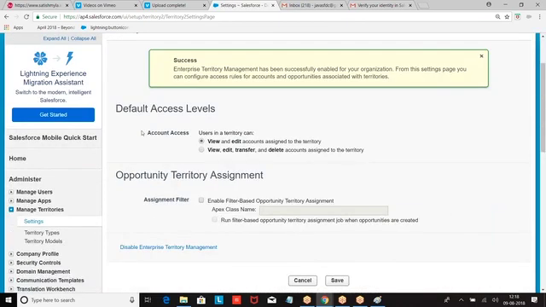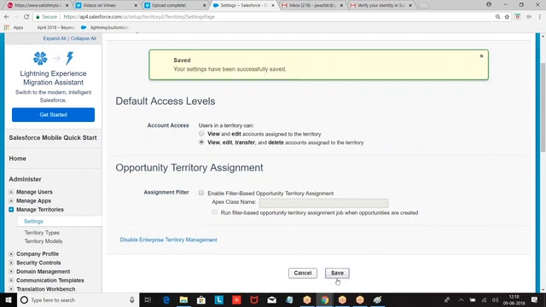Then we are dealing with only what? Account access. If I choose this, members of the territory can access accounts and edit accounts. If I choose this, members of the territory can perform edit, transfer or delete on the accounts. If you want to define any assignment rules, you can do it based on Apex.